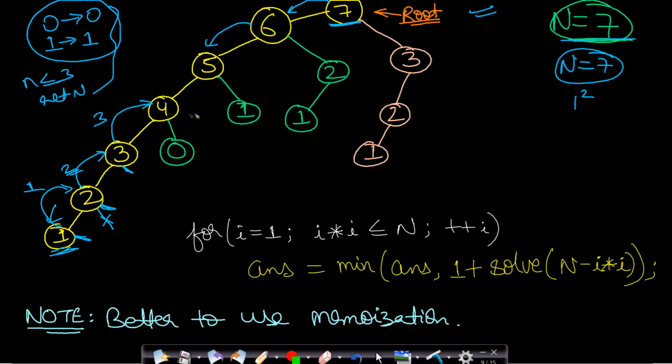At 4 you can have the second breakpoint, which will be 2 square, and the value will come out to be 0 here. For 0 we know that the answer will be 0, so this will return 0, and so this will return the minimum of 1 plus 3 comma 0 plus 1. Okay, so this 4 is actually a perfect square, therefore we will simply return 1.